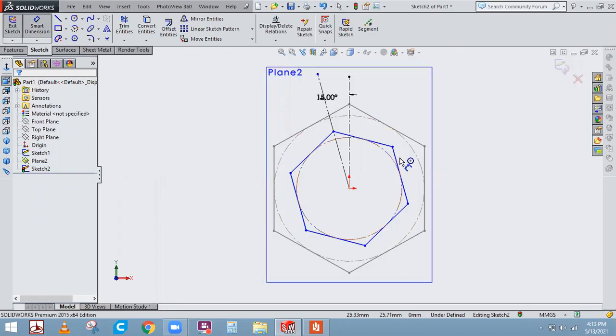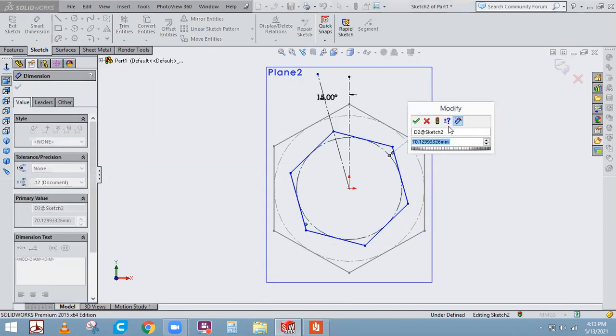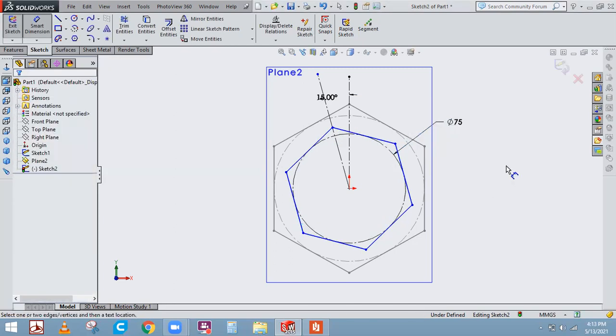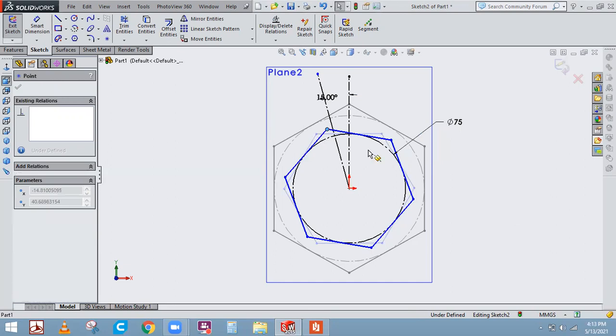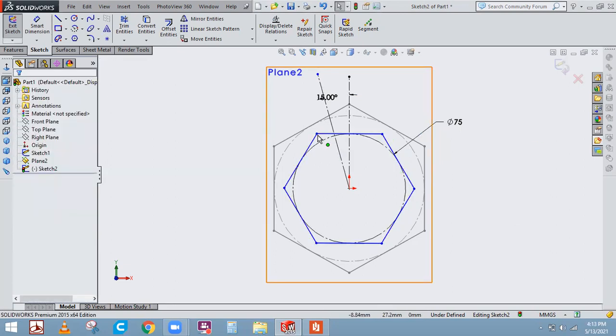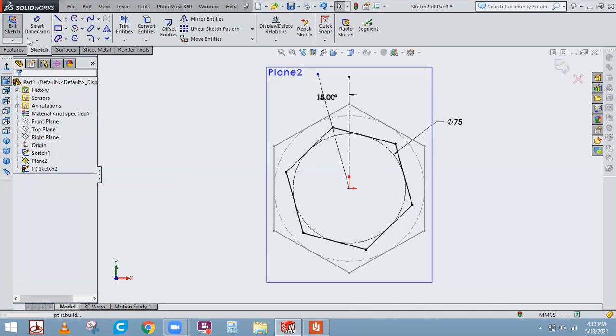So how I will do it is I'll just select this. I'll make it as 100 into 0.75, so that is nothing but 75% of the older sketch. Got it? Got my point? Any issues? No, sir. Okay. So see, it is not fixed to this point. So now what I have to do is press the control button, select this point and this line, and make it coincident. Okay. So once it is done, again I'll say exit sketch.